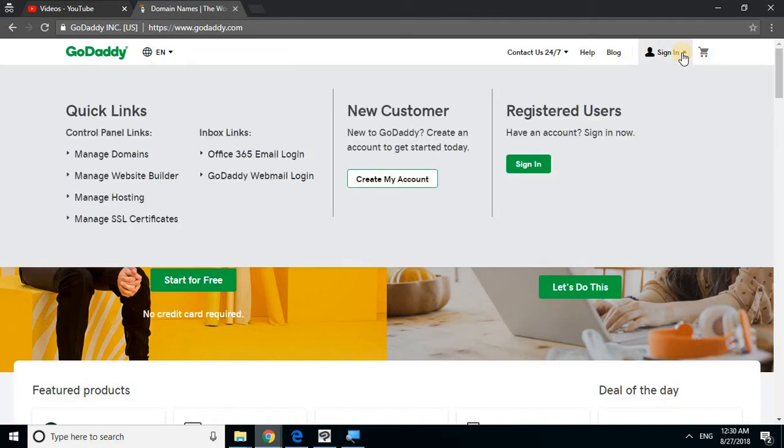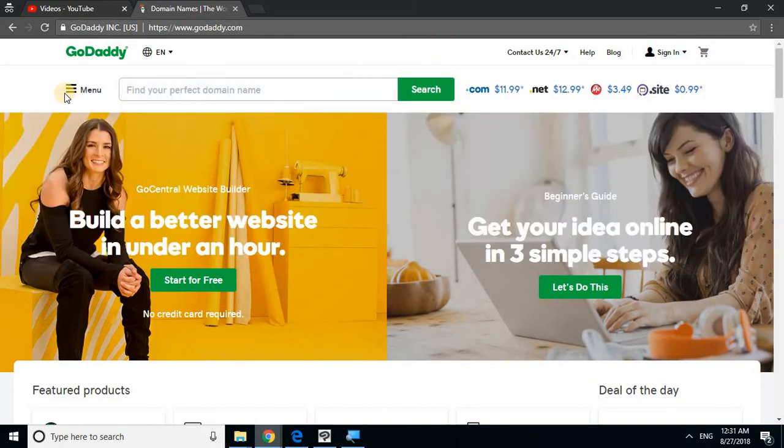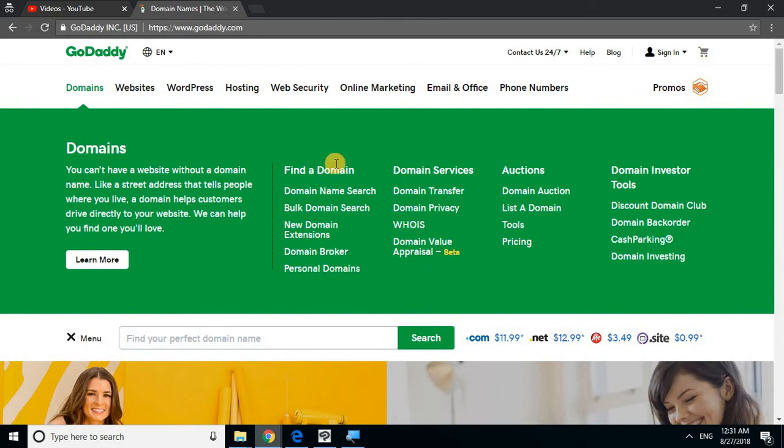Let's see, click sign in, create my account. I'm sure you're not already a member, but if you are, just sign in. If you're not, create my account. Alright, and once you do that, you could have just gone there, but in case you need a really in-depth demonstration,